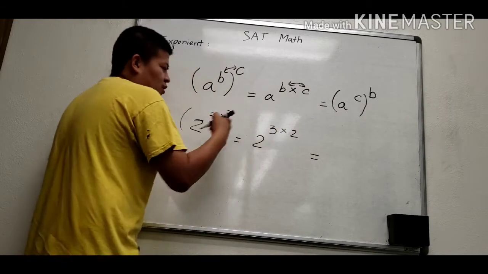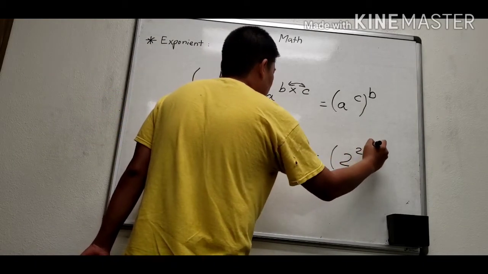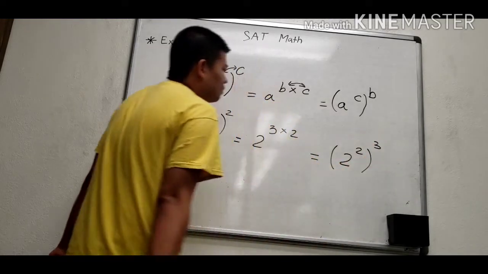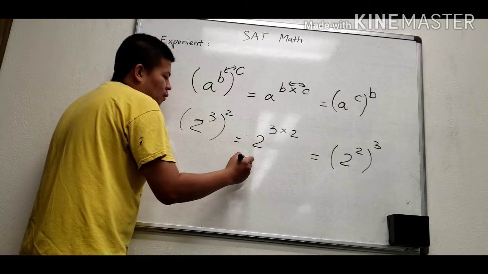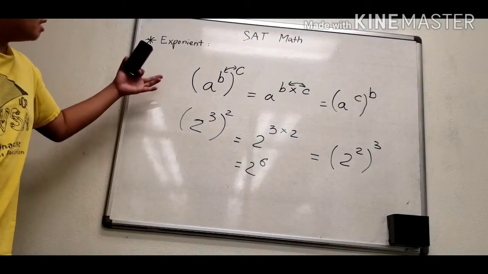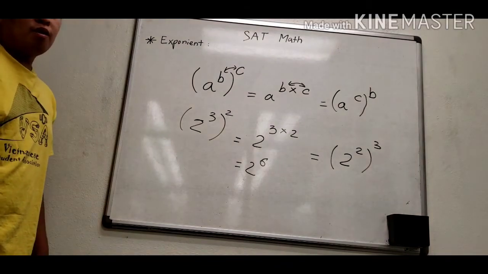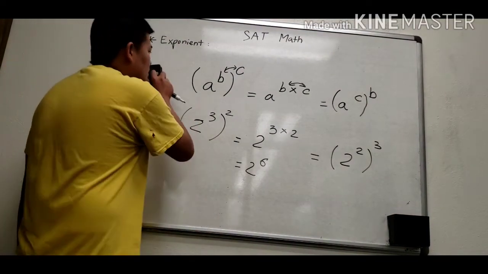And we can change the location too. That's why we have 2 power 2 with number 3. So we multiply 3 and 2, we get 2 power 6. This is the third formula of exponent. And the next one,